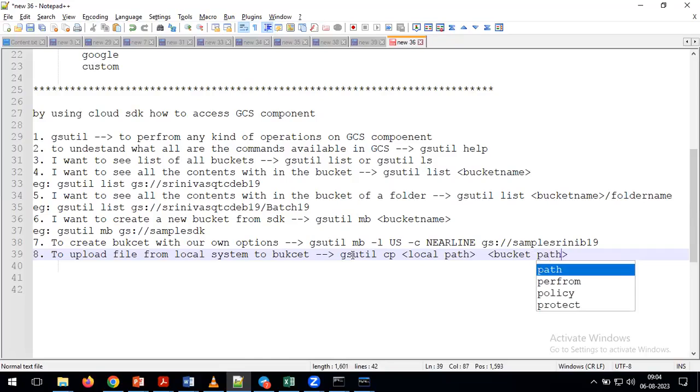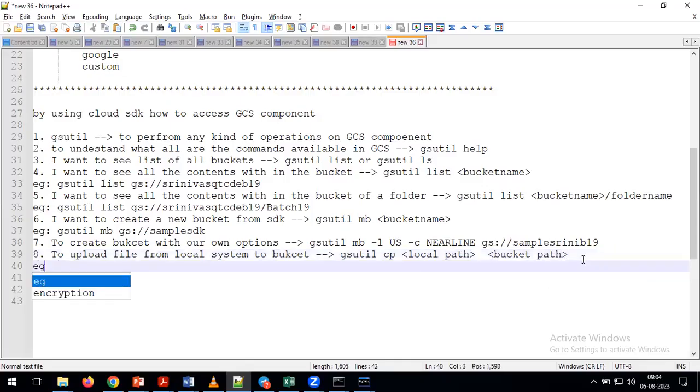Tell me, what is the difference between bucket name and bucket path? If I say the bucket name, we are giving only the bucket name. But if I say the bucket path, what does it mean? Within the bucket, what do we have? Folders also, right? For example, your requirement is to upload the file from the local system to the bucket, but not directly in the bucket. Within the bucket, within a particular folder, you want to upload the file. Then we need to provide the complete bucket path. But if you want to upload directly into the bucket without any folder, then we can give just the bucket name. Depending on the requirement, we either give the bucket name or provide the bucket path. Now, for example, here I'm giving